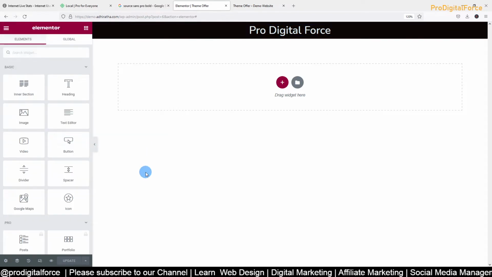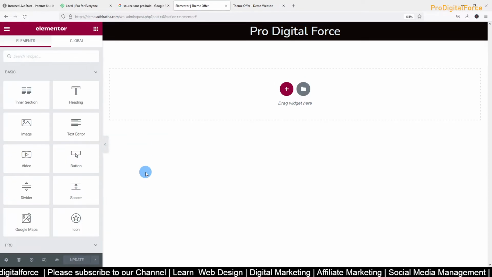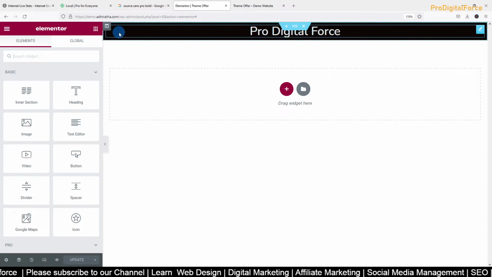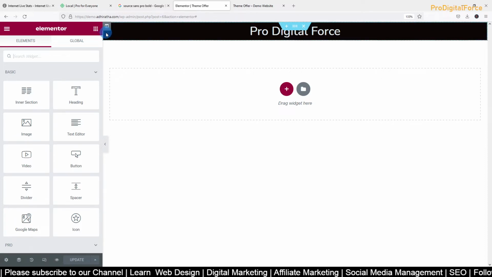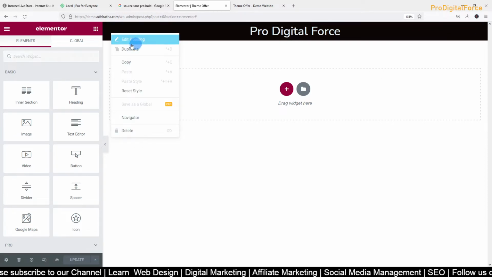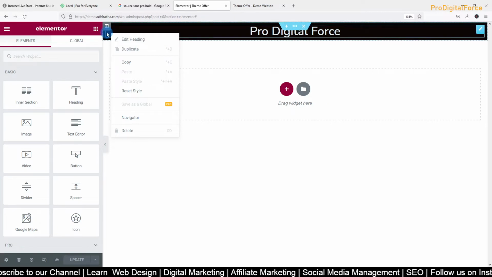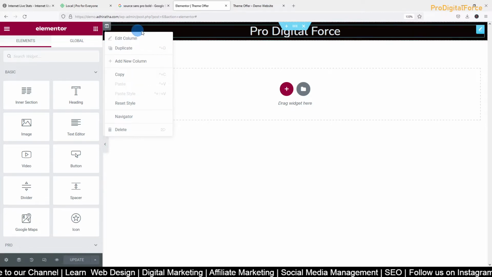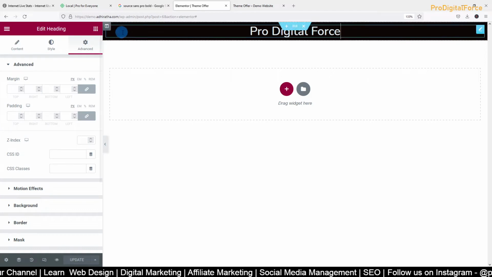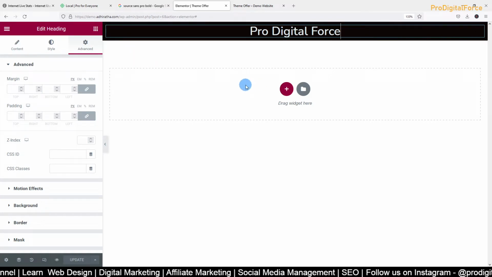Now see, if I'm zooming in on this page, here you are not getting that space. Now if I right click here, only edit heading is coming. I'm not getting that option to edit section. That's why try to zoom in and zoom out on your page size. Then you will be able to understand how it is happening. Fine. So the first thing is done.